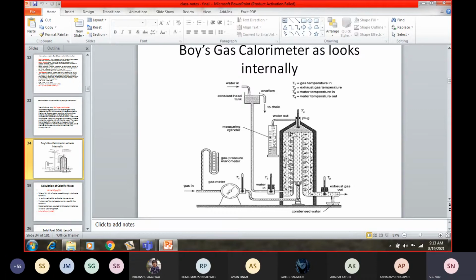Now the gases which have been cooled down, naturally when we cool down, only water will be converted from water vapor to liquid water. Carbon dioxide and oxides of nitrogen and sulfur will not be cooled down to liquid. So only water vapor will be condensed back to room temperature and change phase from vapor to liquid water. This liquid water and the gases will come here. Liquid water, that is condensed water, will be collected here.